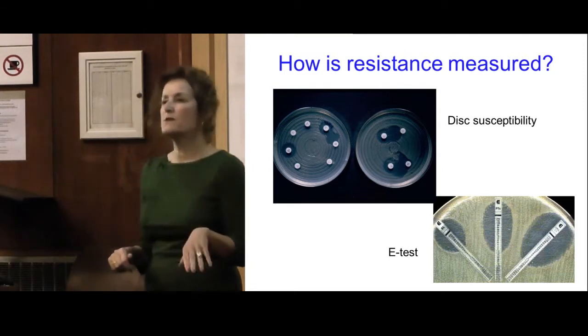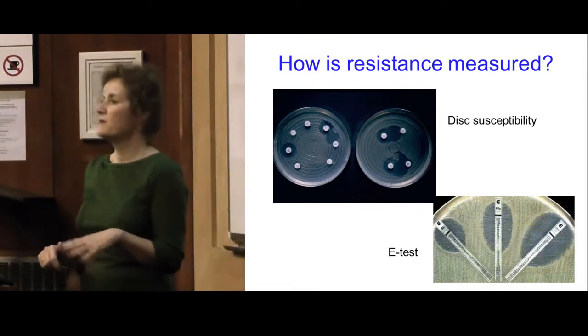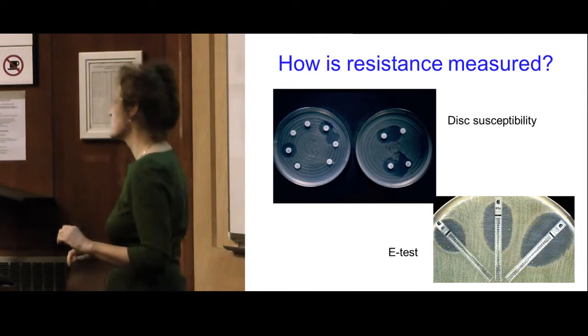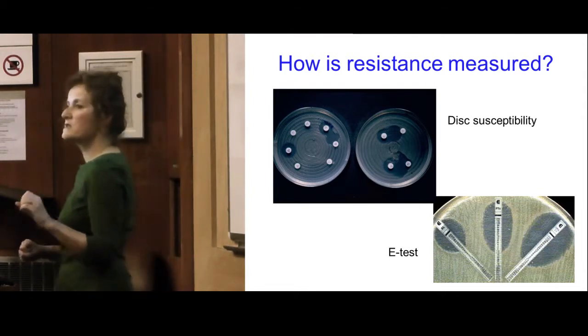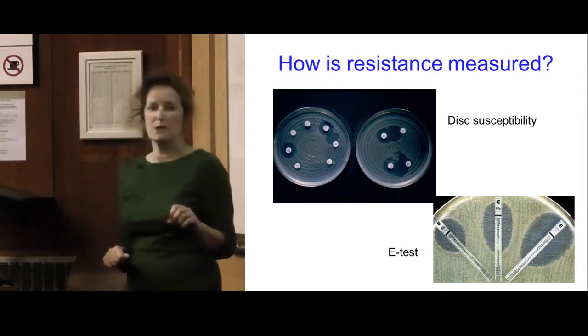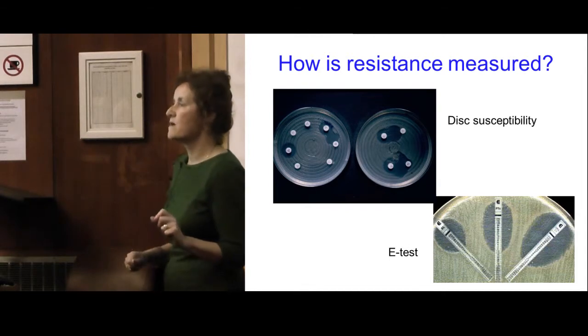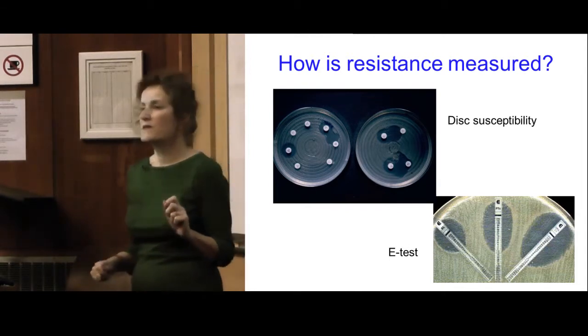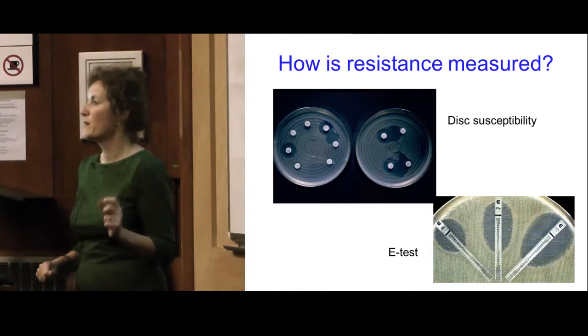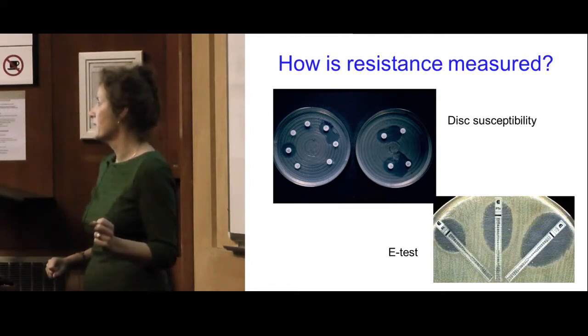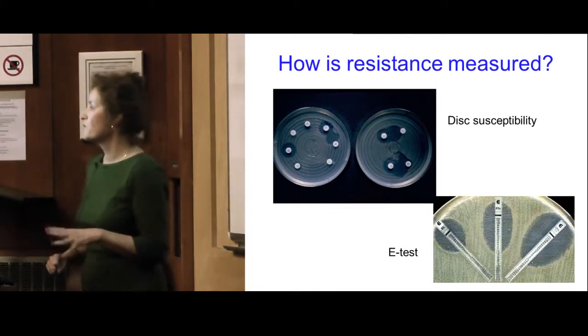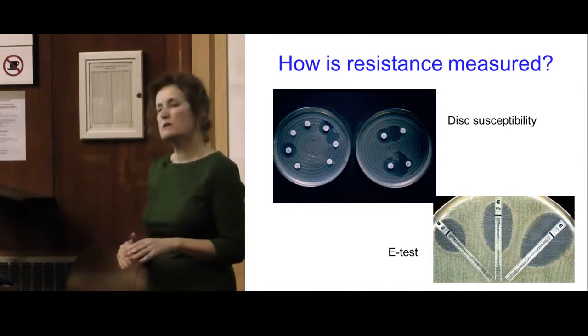And where there's a zone of clearing around the little filter paper disc, you can see that that microorganism is susceptible to that antibiotic. And where there's no zone of clearing, that means that that antibiotic is not effective, the bacterium is resistant. Now we can do another test on the bottom right here, and that's called an E-test, and